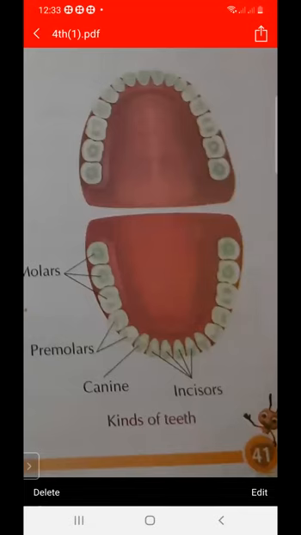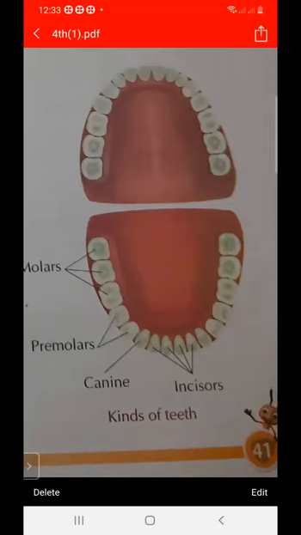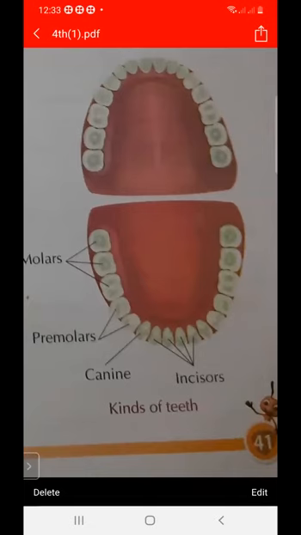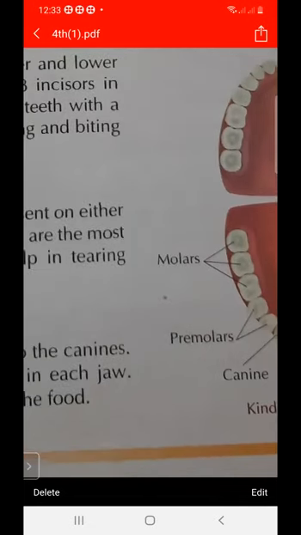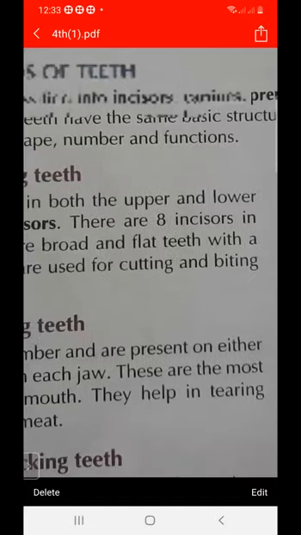Incisor के दोनों साइड पे जो हमारे प्रेजेंट हैं उसको बोलते हैं हम canine. They are four: two in the upper jaw and two in the lower jaw. And after canine, then premolar exist. Two premolars after canine, and then three molars. So these are the kinds of teeth: incisor, canine, premolar, and molar. We have discussed this in the last lecture.